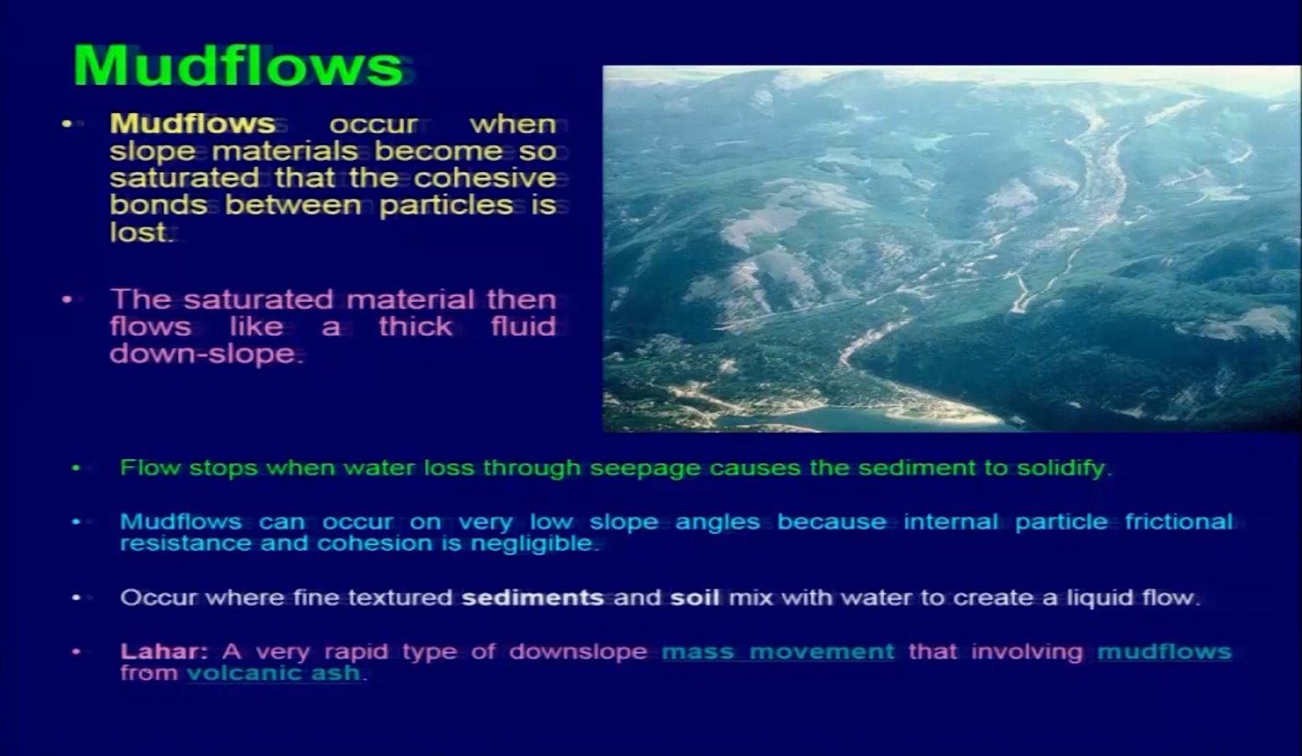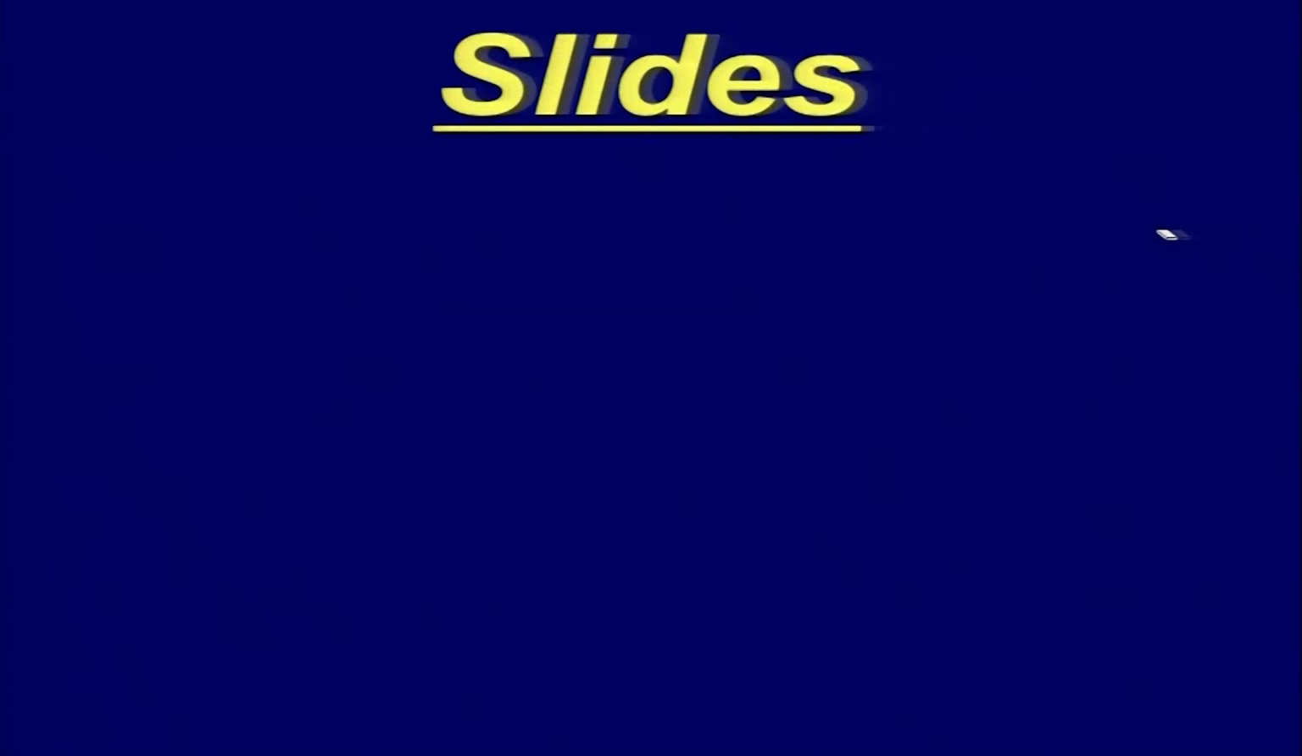One of the well experienced examples, which is also a rapid type of downslope movement of the material, involves mud flows along with the volcanic ash, which are termed as lahar. And this part I was discussing when we were talking about the volcanoes capped by snow peaks, then you will have these lahar flows. So, slides